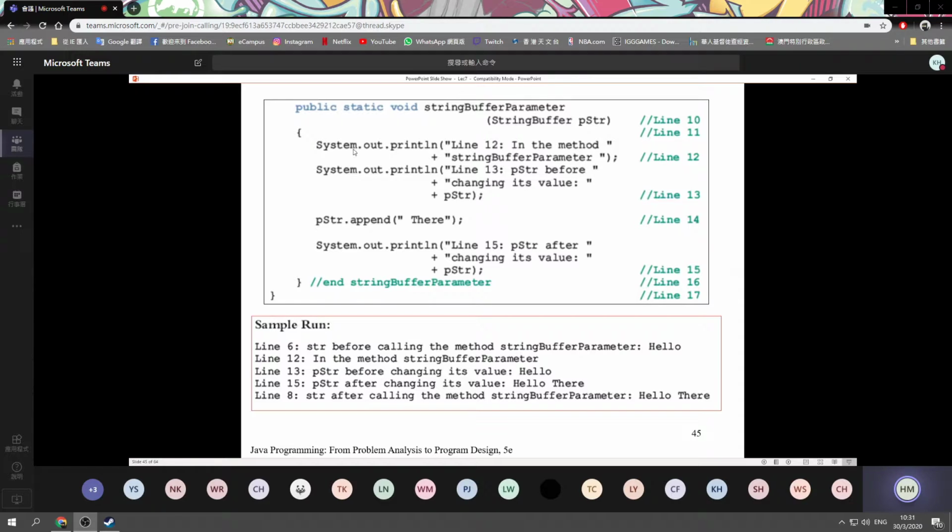Again here, we print out two lines. The first one is in the method string buffer parameter. This line has no real meaning, it's purely text. So before we do any changes, P3 is pointing to the same object, so it will display hello as well. Okay, but now we want to change the content of hello,